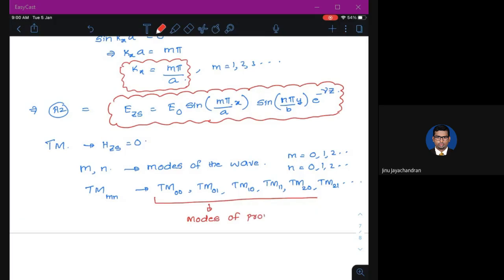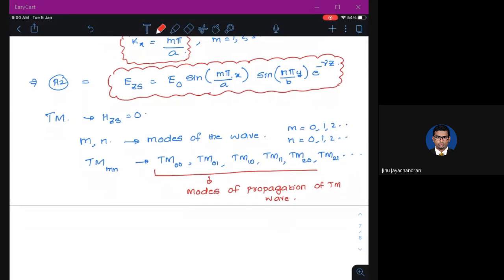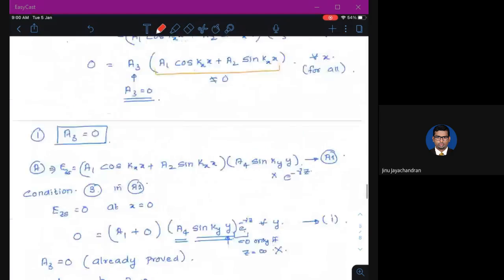Modes of propagation of TM wave. So if we have time, I'll also try to demonstrate how these modes look inside a waveguide. Okay, fine. Now what we are going to do is we have found EZS, but that doesn't complete things, because